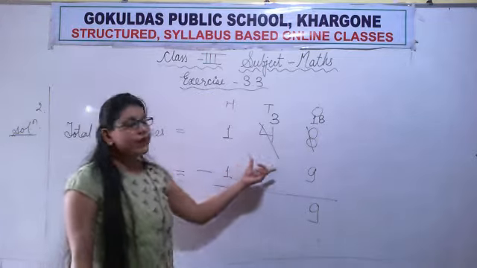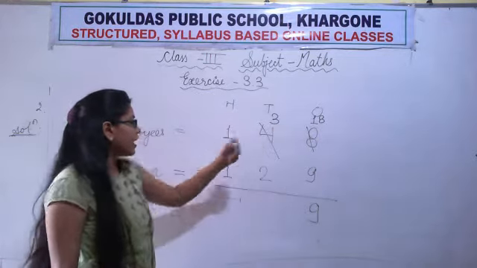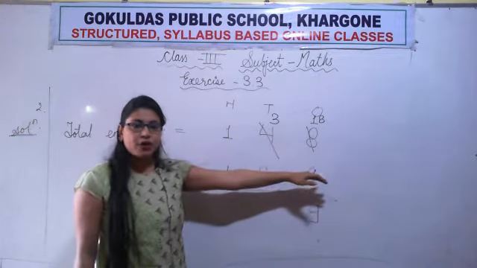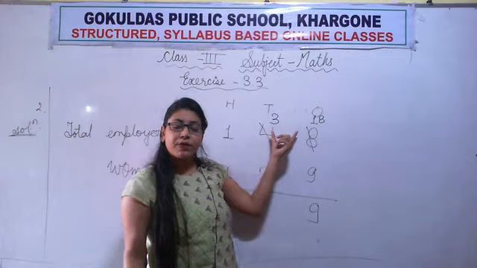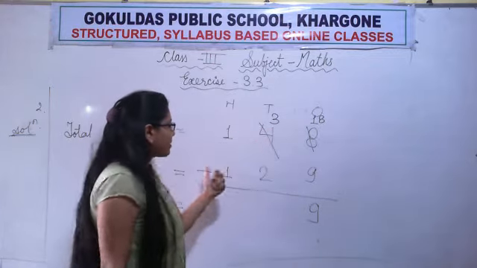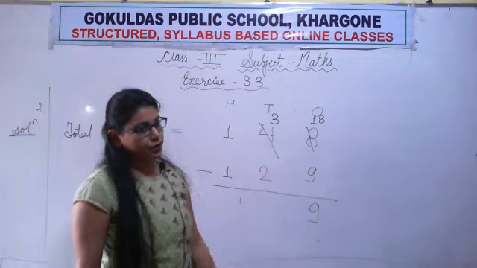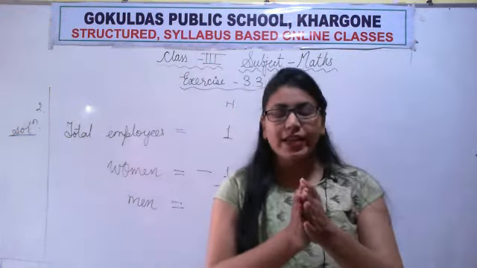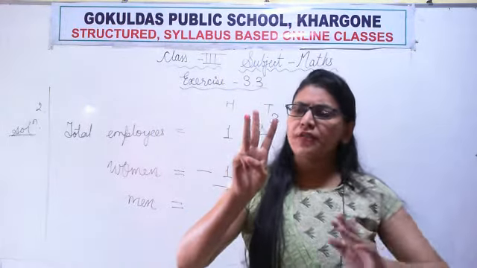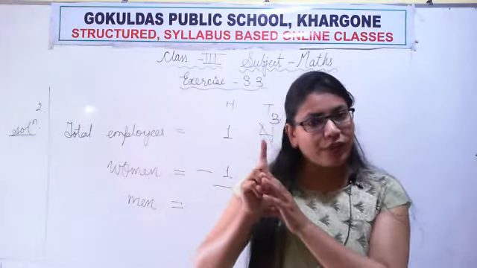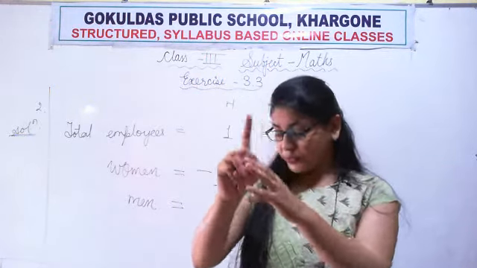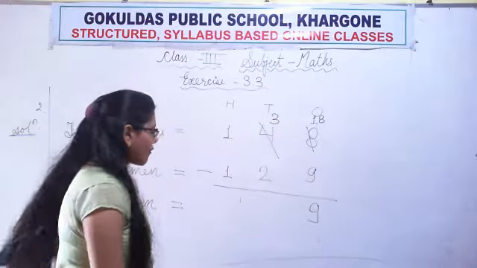Now moving towards tens column. 3 minus 2. Now we won't see this 4 because we had given 10 to the ones column. So now this is converted into 3. So we will see number 3 only. 3 minus 2. So let us open 3 fingers first. 1, 2, 3. Minus 2. So we'll take away 1 and 2 fingers. How many fingers are left? Only 1 finger is left. So we'll write the number 1.